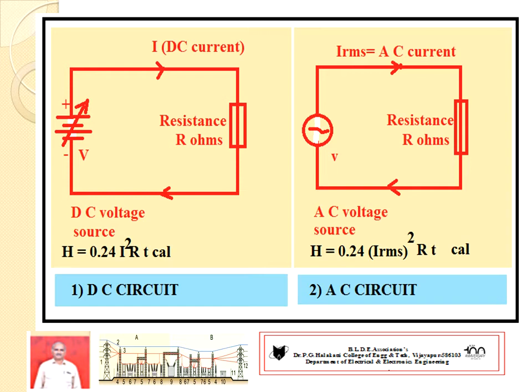One point I have to note: whether the current is DC or AC, if the two amounts of heat produced are equal, then the equivalent value of the alternating current is referred to as the RMS value. Once again, if both amounts of heat produced are equal, the equivalent value of alternating current is referred to as the RMS value.